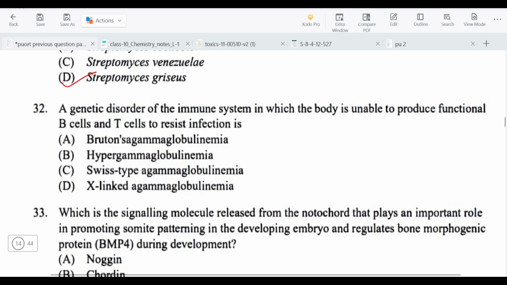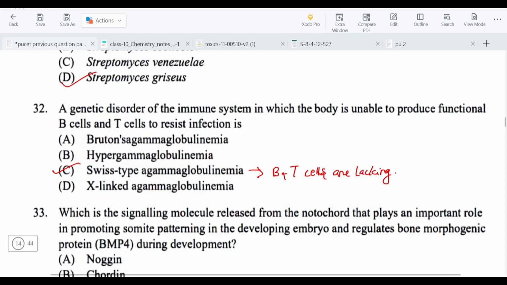Next question, a genetic disorder of the immune system in which the body is unable to produce functional B cells and T cells to resist infection is, the answer is Swiss type agammaglobulinemia. Right? This is a severe combined immunodeficiency where both B and T cells are lacking,